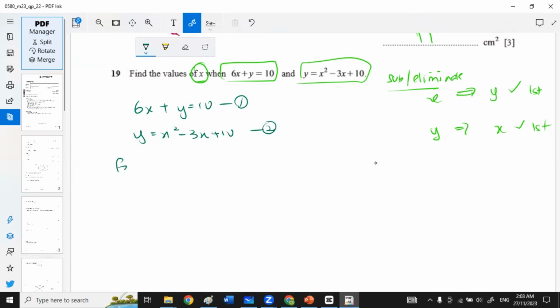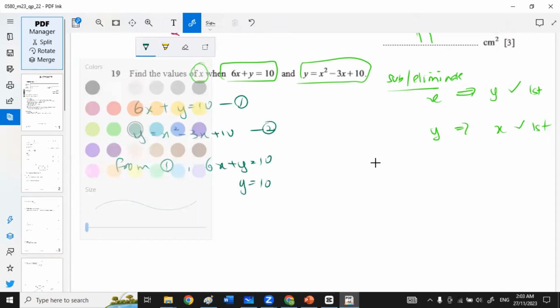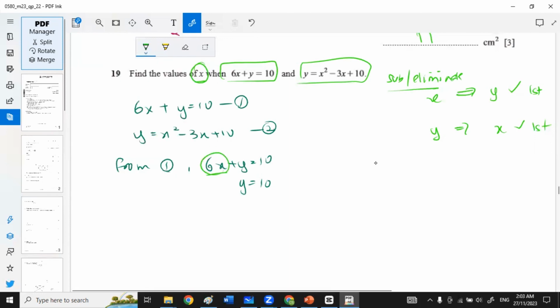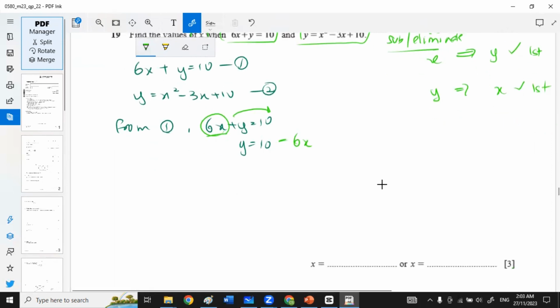Okay. So from the first equation, we have 6x plus y equal to 10. Therefore, y equal to 10, bring the 6x over, you get minus 6x. Plus becomes minus. So you substitute into